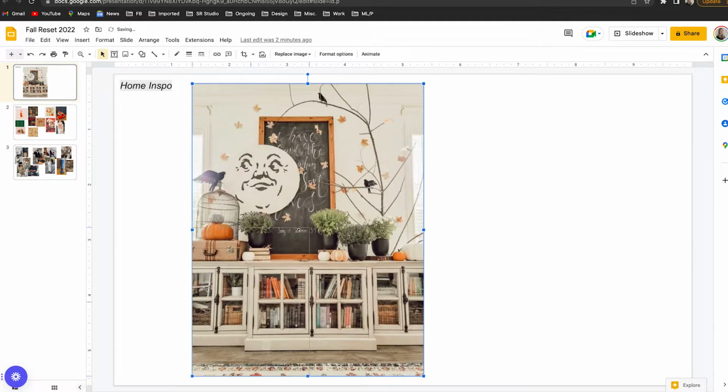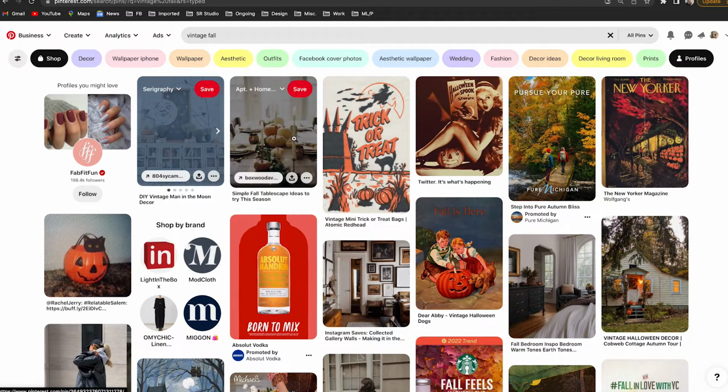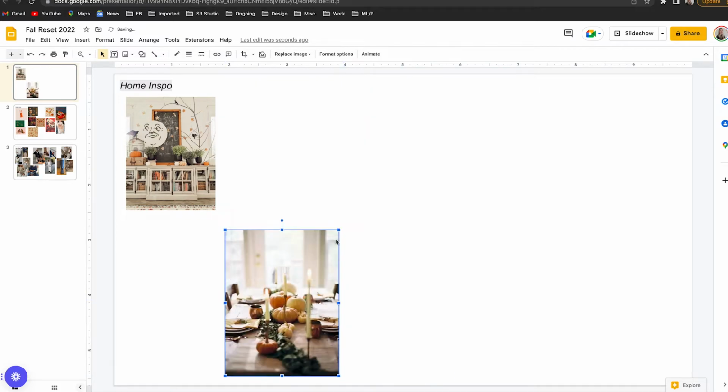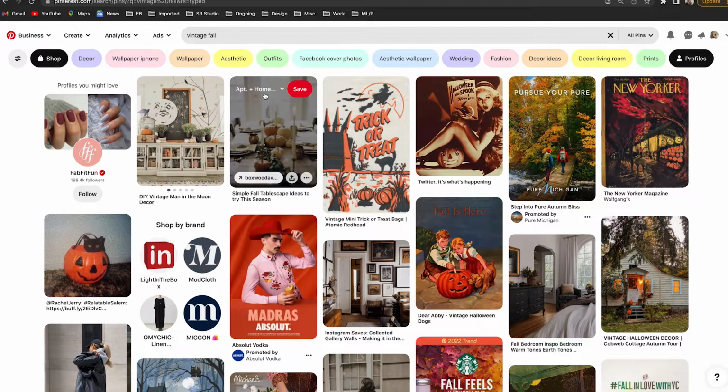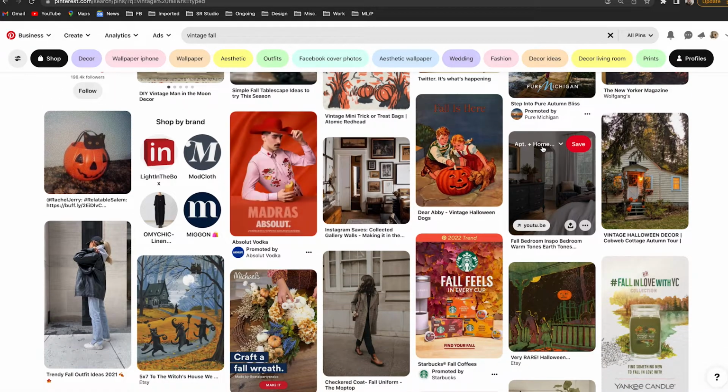Lastly, for home inspo, I of course love the fall colors. It's some of my favorite colors overall, lots of different neutrals, different brown tones, a lot of mustards and oranges and maroons and things like that. So of course this is super fun and easy to naturally introduce into my decor